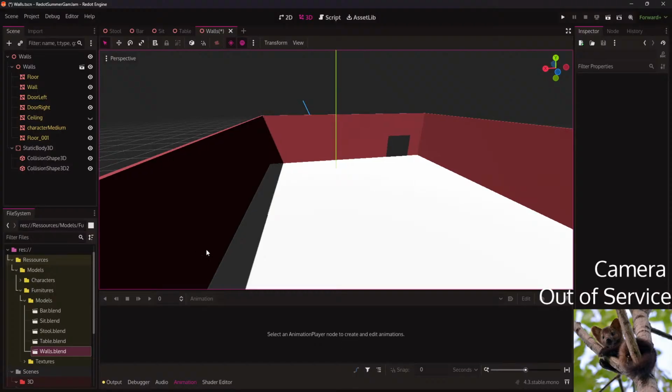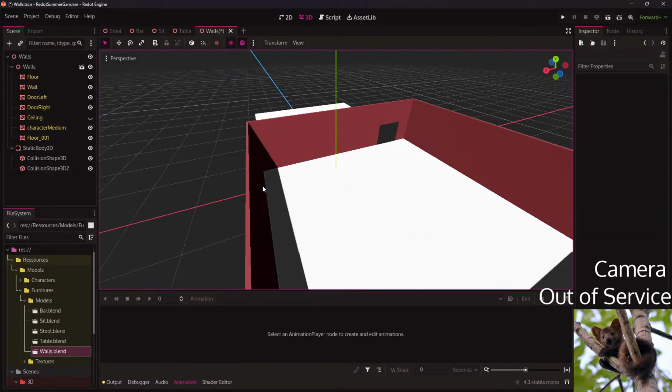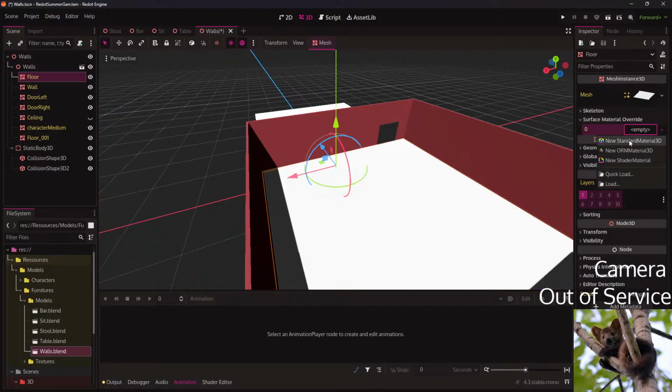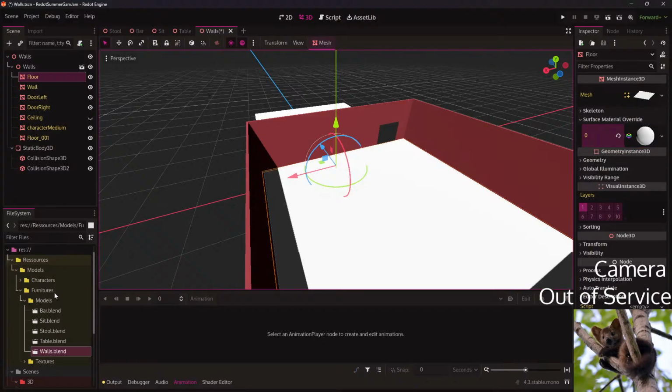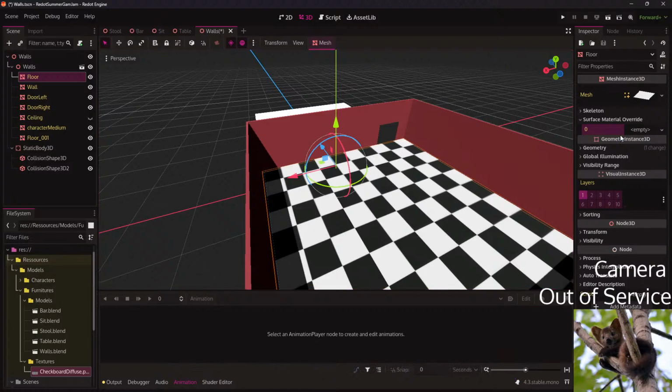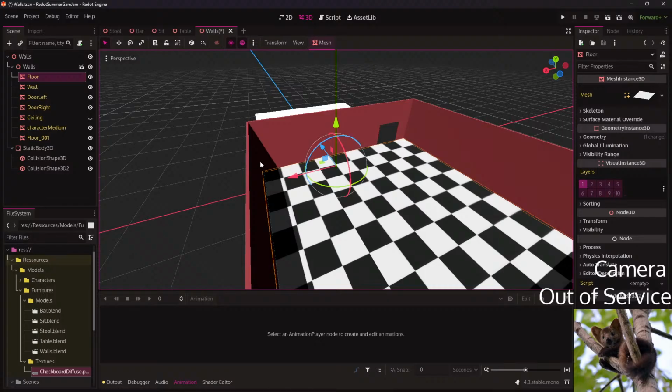Well, I think it worked fine during my last testing. So there we go. I don't think I need to do that. Yes. I don't know what a texture is. That's kind of confusing. It is somewhere.